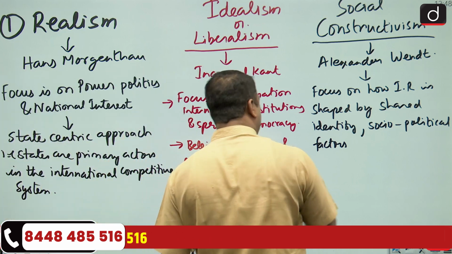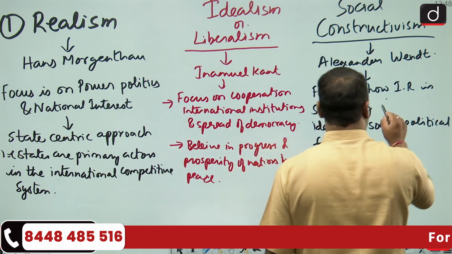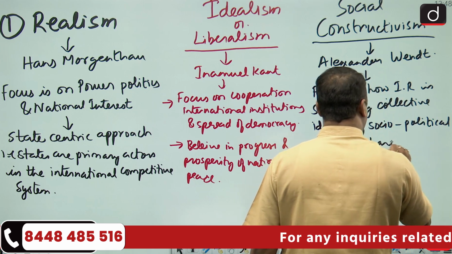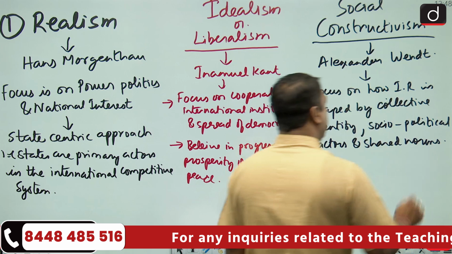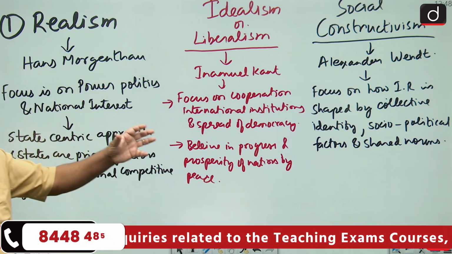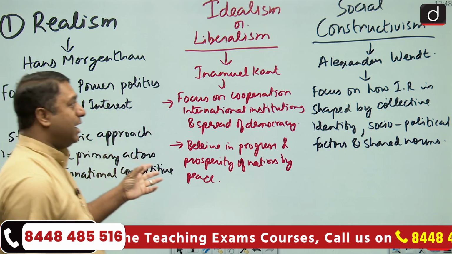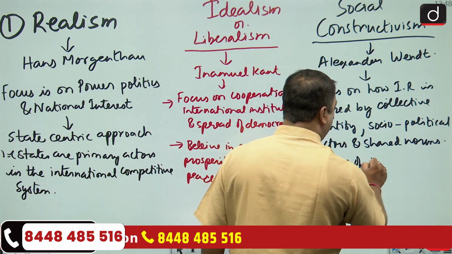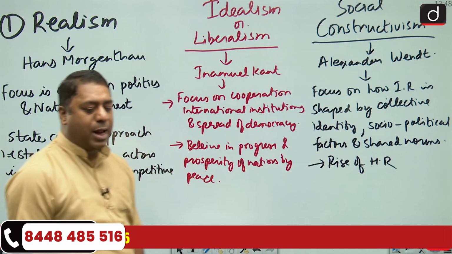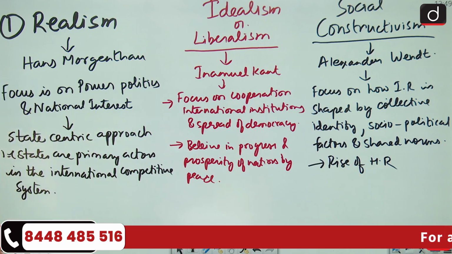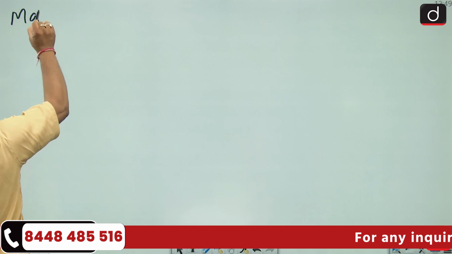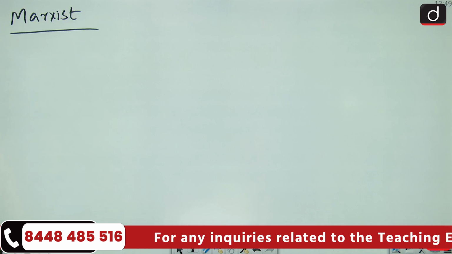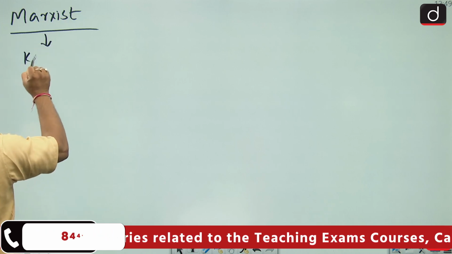या इसको शेयर्ड कलेक्टिव आइडेंटिटी, एंड शेयर्ड नॉर्म्स। ठीक है, सो दिस सोशल कंस्ट्रक्टिविज्म में हम लोग बेसिकली इसमें बात करेंगे ये सब चीजों। दैट मीन्स हियर विल बी टॉकिंग अबाउट द राइज ऑफ ह्यूमन राइट्स, ह्यूमन राइट्स की राइज की बात करेंगे। देन वी विल ऑल्सो स्टडी अबाउट द मार्क्सिस्ट अप्रोच। मार्क्सिस्ट अप्रोच में वी ऑल नो दैट इट्स विथ रिगार्ड टू कार्ल मार्क्स।